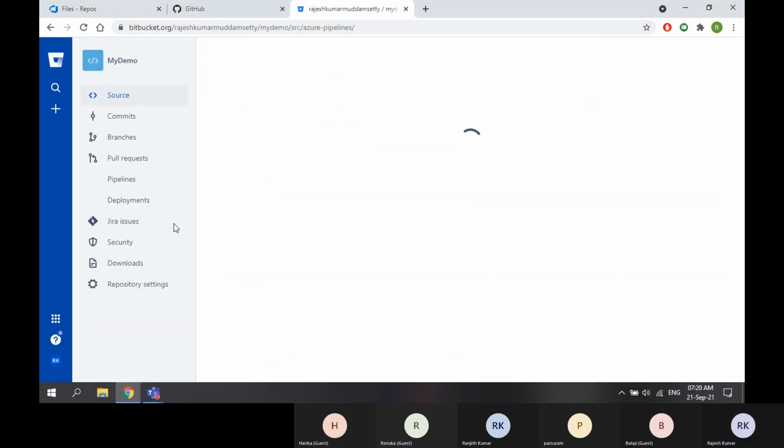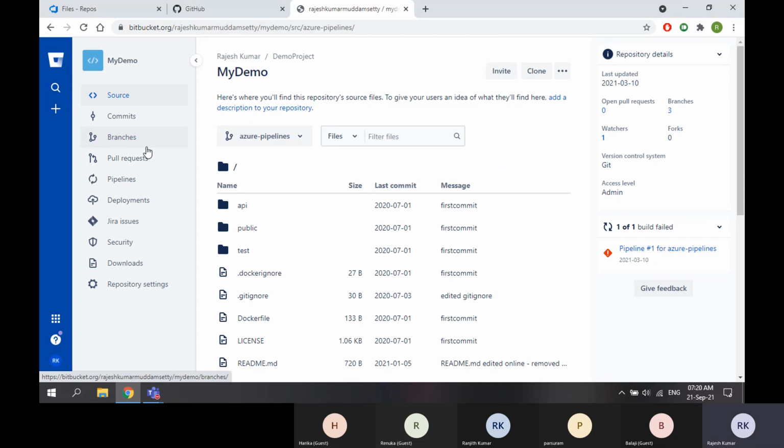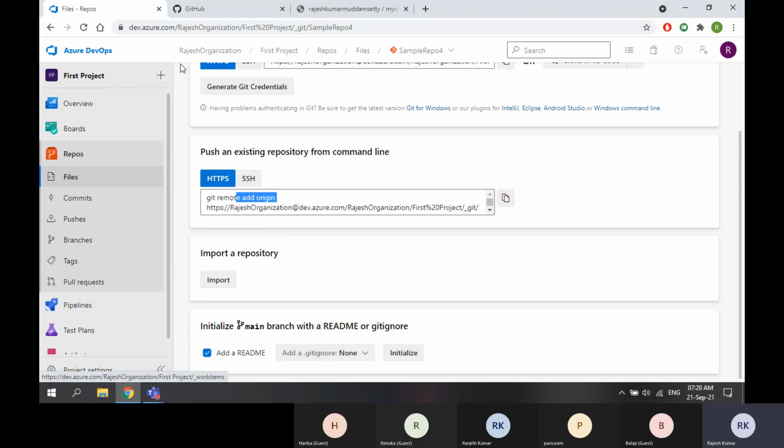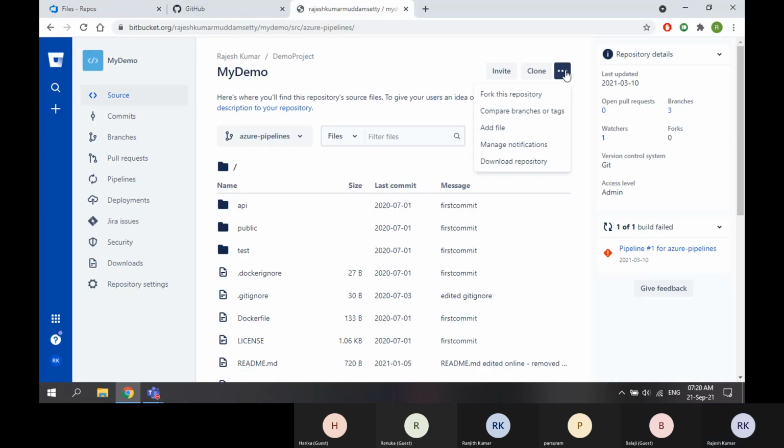So here I have my code. This is my code, and I can import this to Azure Repos as well. How can I do the same? If I go for import repository, it will ask me the URL. The URL will be available here.